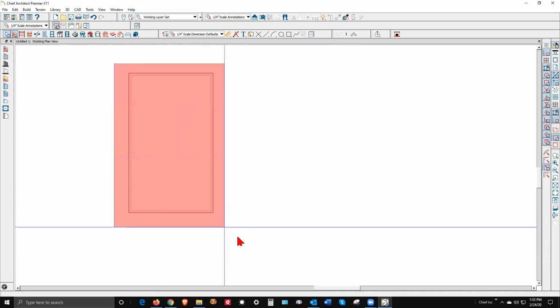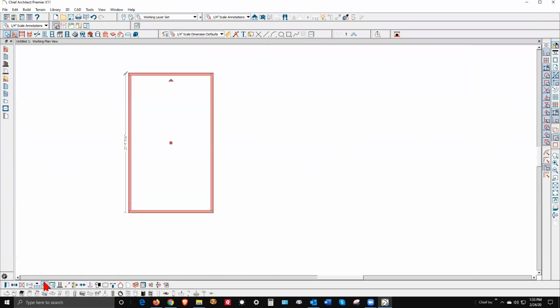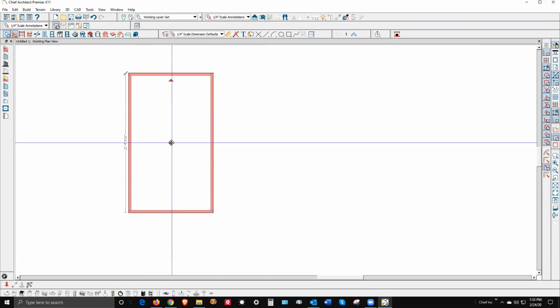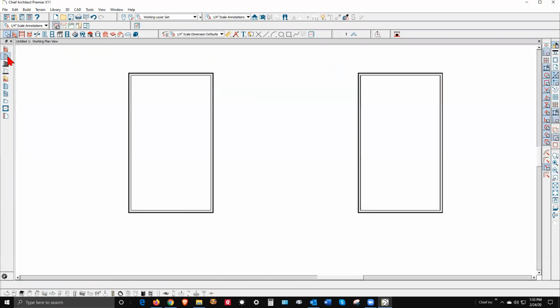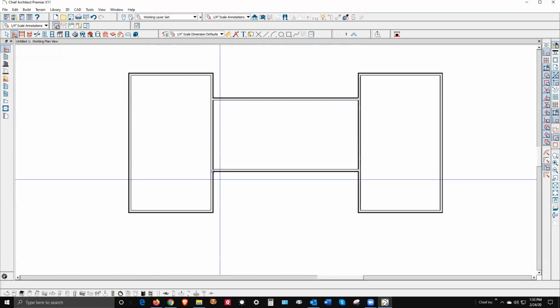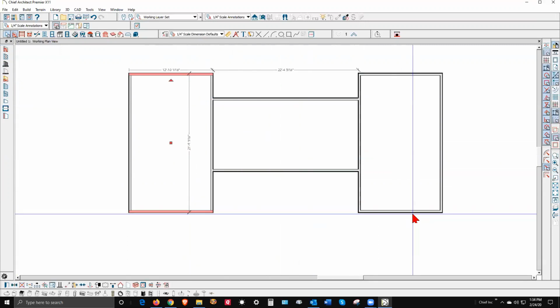I'm going to take this and marquee select it and fill screen, and then copy it and pull this over here. And then go to exterior wall tool and connect. And connect. And this will be the porch area in the back here. Now these walls, I'm going to shift select those